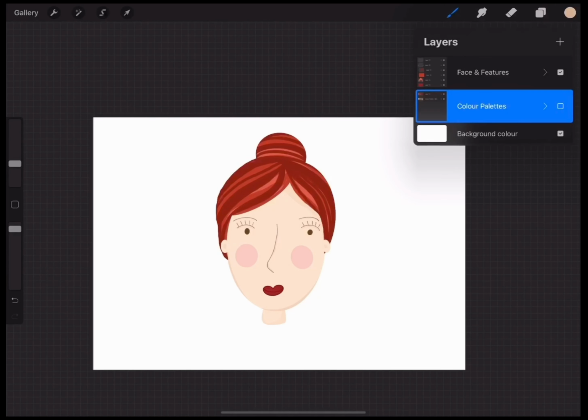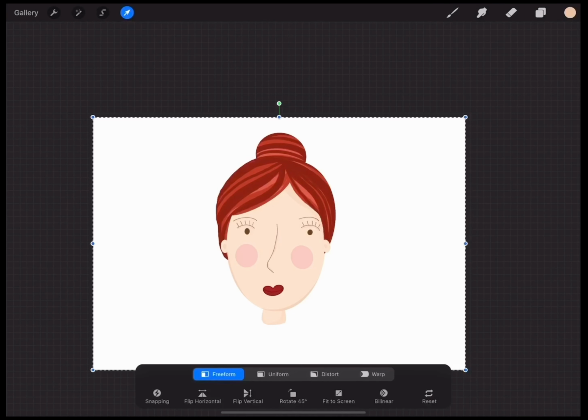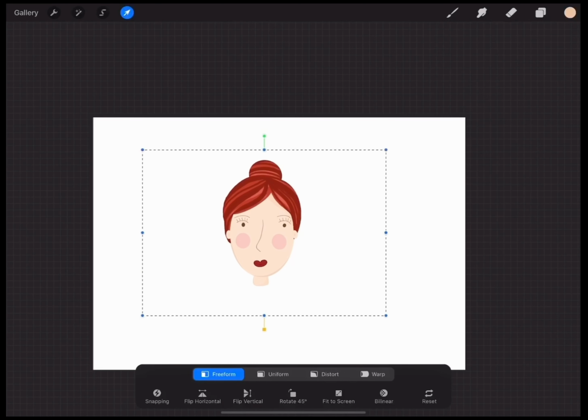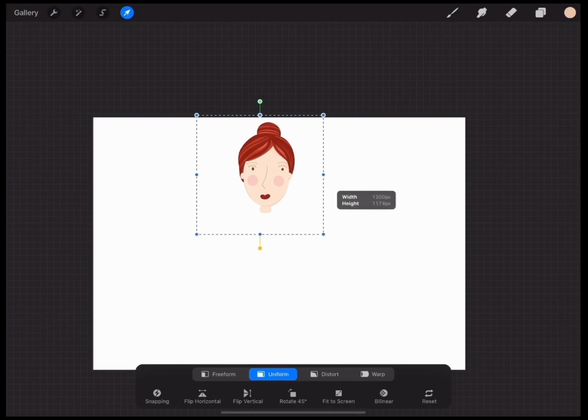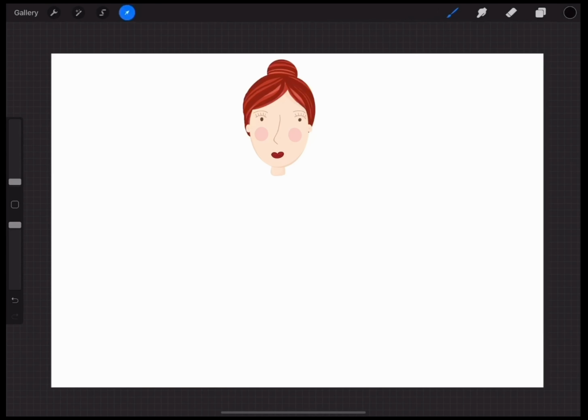So what I want to do is go into my face and features, and make it smaller, just so I can add some clothing now. And I want to sketch a jumper. I find doing clothing quite difficult and tricky. So what I like to do is find a picture of the item of clothing that I want to draw, and then I insert it